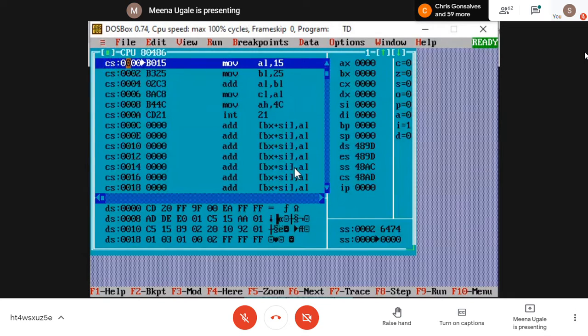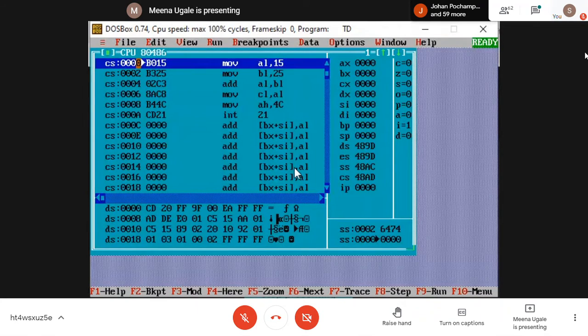In CS you can find the number 0000 and then another number. What are these numbers telling you? The base address for the CS code segment is some number, but 0000 is the offset value, and from there your instructions are stored in the code segment.